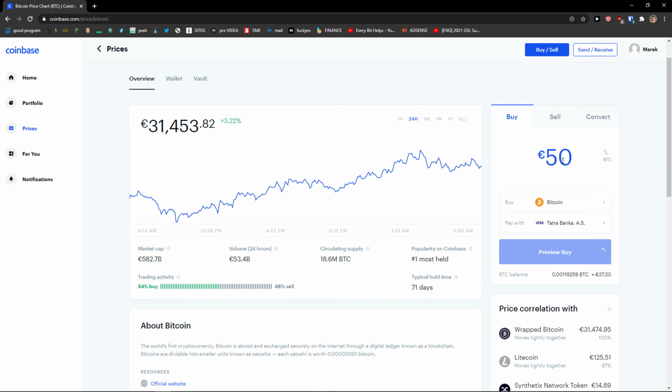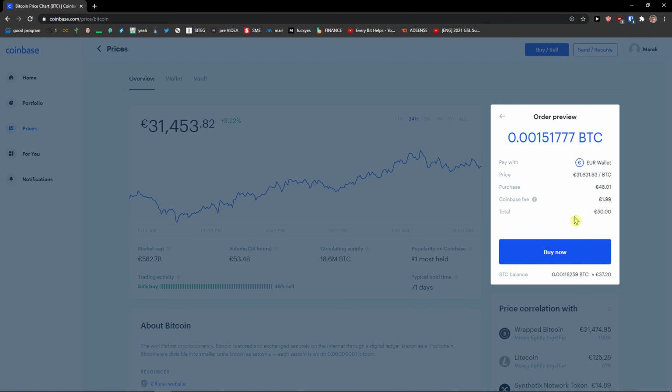Right, so I want to go with 50, pay with your wallet, preview buy, and then you can simply buy it. So this is how you can simply do it, and this is how you can add money to your